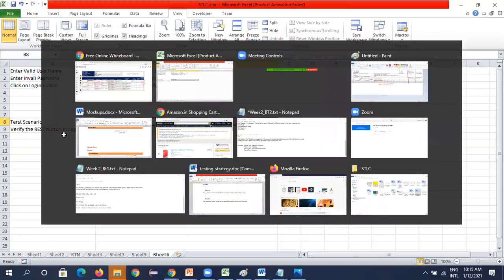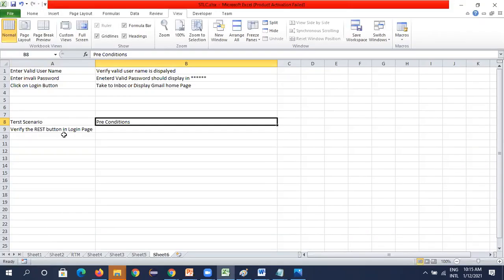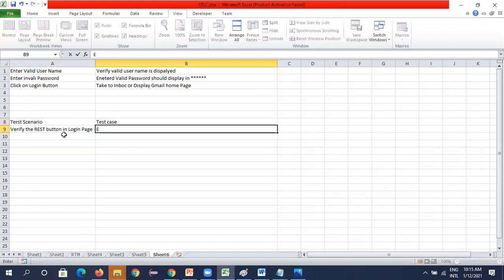So this is a test scenario. The test case we need to write is enter valid details and press reset button.